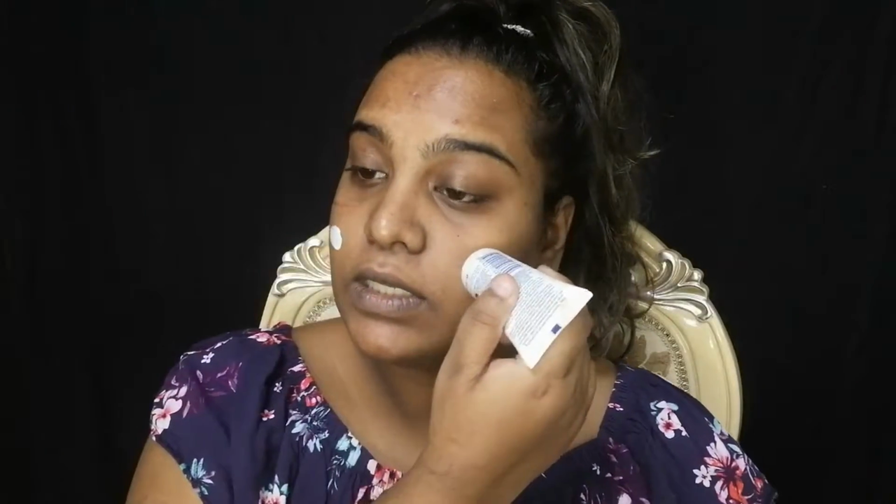So what we're going to start with is primer. Now, primer is literally compulsory because this hides up everything. So all that extra marks and holes and everything that you have, this primer is going to act as a base and cover it all up. So here,